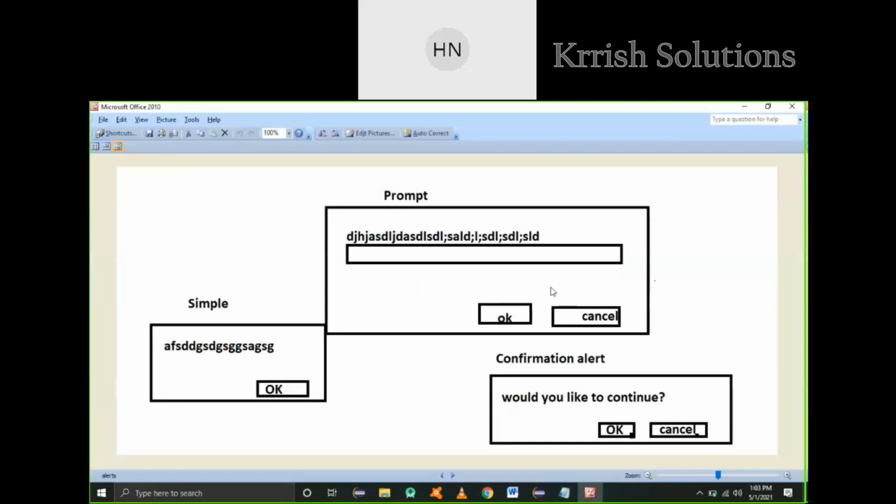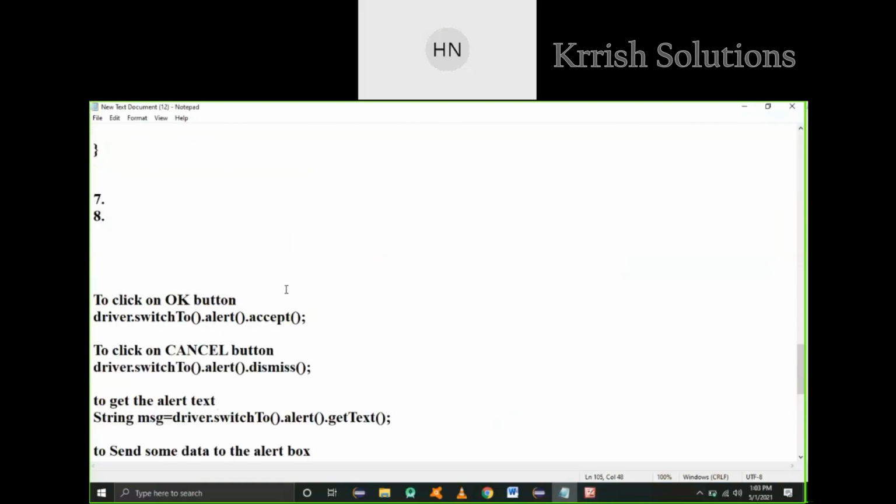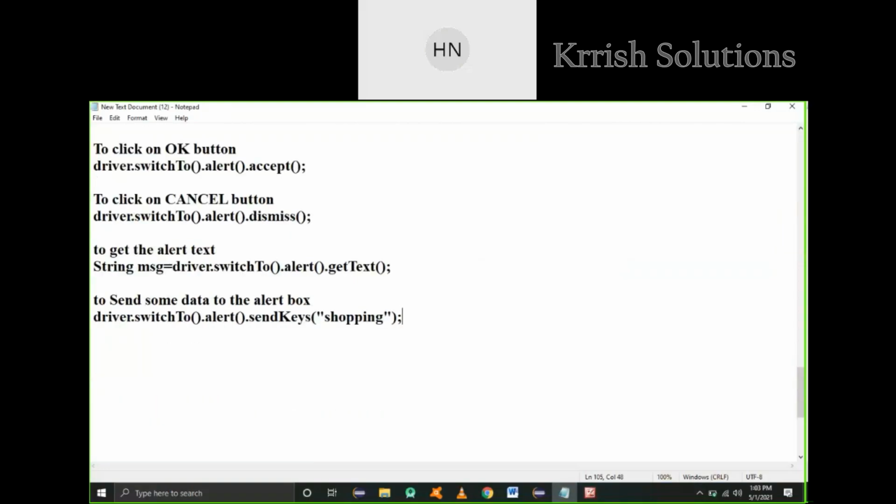Without using alert object, we cannot. Hari, one doubt is there. Without using alert object, can we handle the alert? Yes, this is nothing but your alert object only, right?